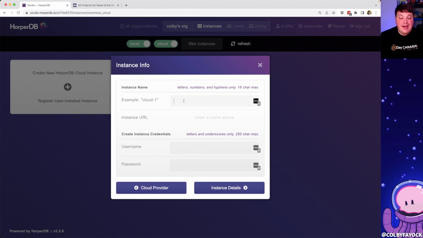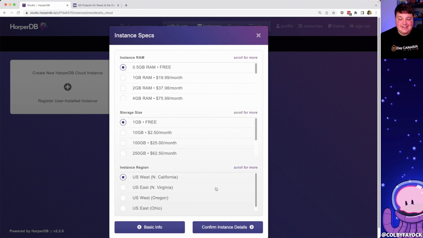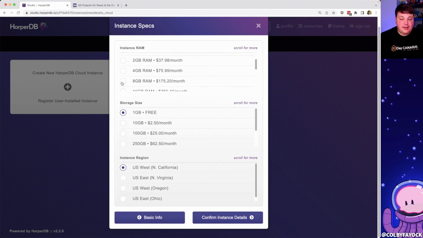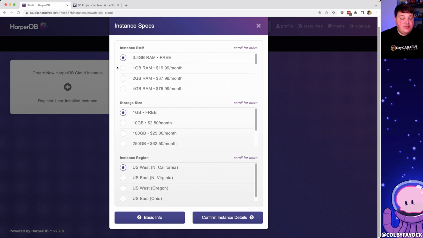So for my name, I'm going to say my adapter, where you should probably use something that makes sense for your project. And then for my credentials, I'm going to say Colby, and then I'm going to enter a super secure password that you won't be able to see. But once I'm ready, I can click Instance Details, where we can see that I have a few different options for the actual configuration of my instance, where I want to stick with the free tier, so I'm going to stick with the 0.5 GB of RAM, the 1 GB of storage size,